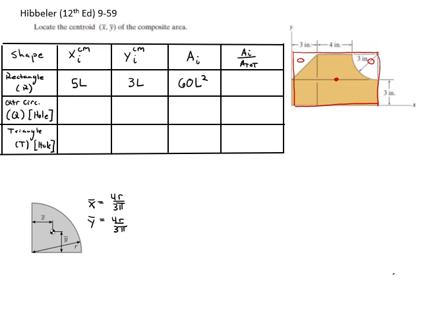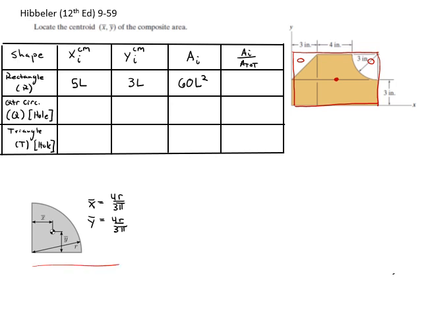Okay, so now we need to do the more complicated pieces of the quarter circle and the triangle. So let's focus on the quarter circle first. You need to look up, if you don't know, where the coordinates of the center of mass of a quarter circle are. So here's the figure that I found. If you look it up,